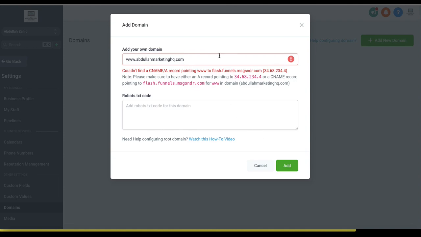So now the secret hack that I was talking about is, let's say you're onboarding a new client, right? They will be like, hey, do we need to, I mean, obviously they would want their own domain, right? So do they need to go and purchase the domain? Yes, they can. But if they do not want to purchase the domain, there is a secret hack that every time you can just add a domain via their business name and then .abdullahmarketinghq.com, whichever domain that you have